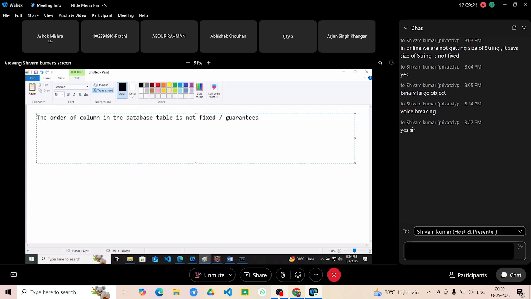Even if you are using the particular annotation, then also it is not fixed. If we want Hibernate to check the fields and create the table in the same way, there is a solution: create the table by using DDL or schema SQL. This is the one line I am writing, that order is not specified even if you are using annotation. You have to find one fixed way